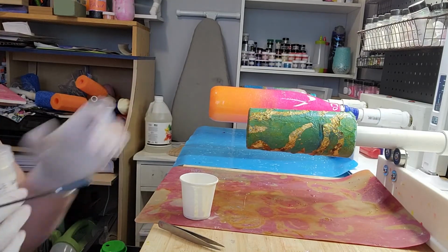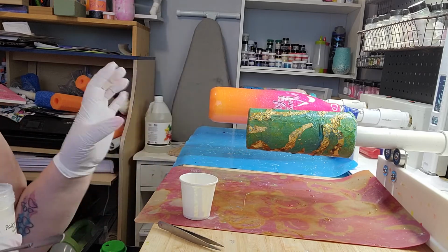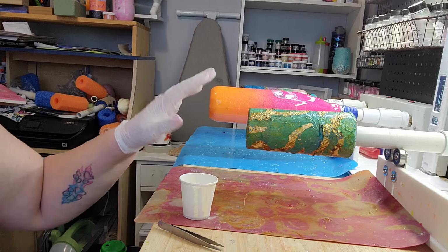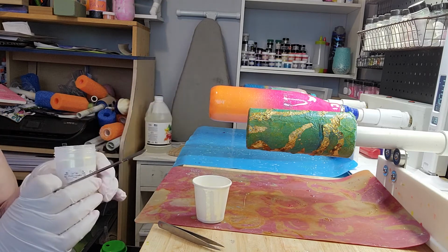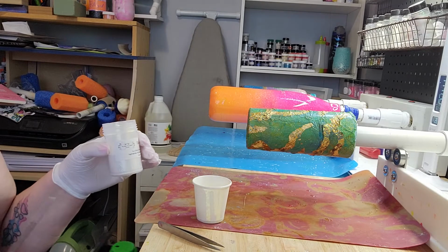Okay, with this cup, we're now going to test to see if I've got enough layers on here, because now I'm going to epoxy. I'm not real sure I'm happy with the way that this is turning out. I should have done the colors a bit differently. So what I'm going to do, I really like the foiling, that's pretty cool, but what I'm going to do